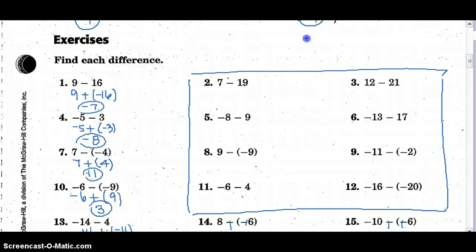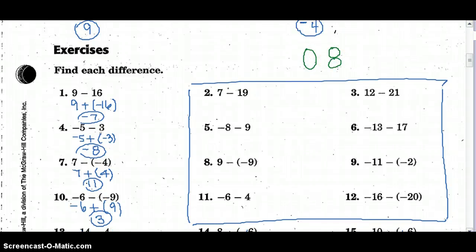Have a little joke I want to leave you with today. What does 0 say to 8? He said,